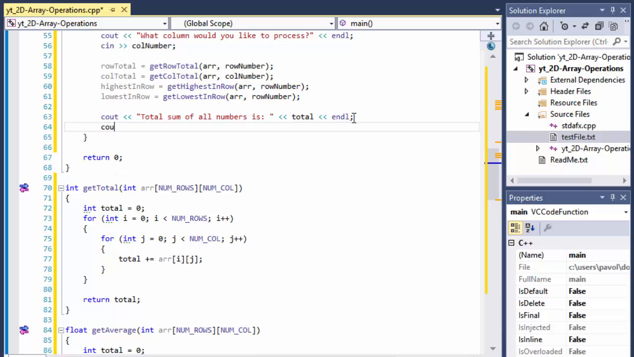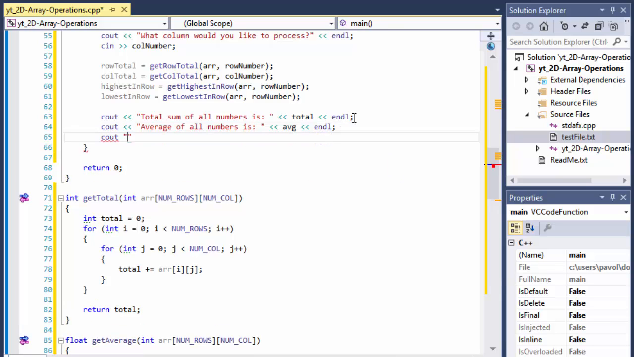So on the new line we will do cout "average of all numbers is," and that's the average that we calculated, and endl, and cout "sum of row number," and this is what the user entered, so I'm just gonna enter the row number, and "is," and it's the row total. All right, and endl,